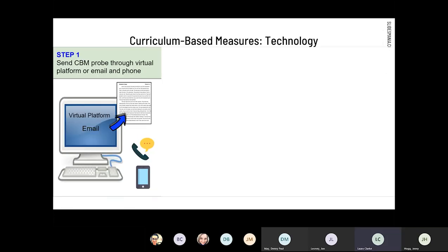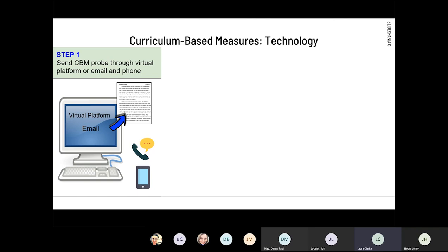If the student's IEP goal lists curriculum-based measures, or CBM, as the method of measurement, then a teacher may use technology to gather progress monitoring data. In using a CBM, the first step is to determine the technology you will use. If you have the opportunity for synchronous delivery of instruction, identify the platform you are going to use with the